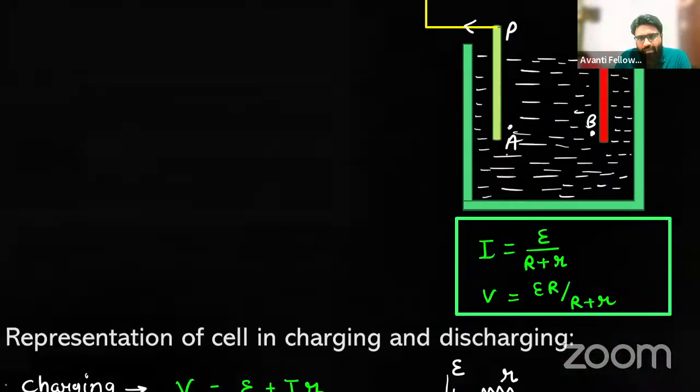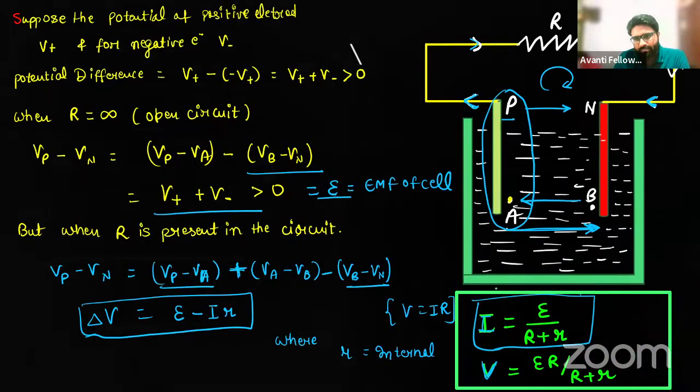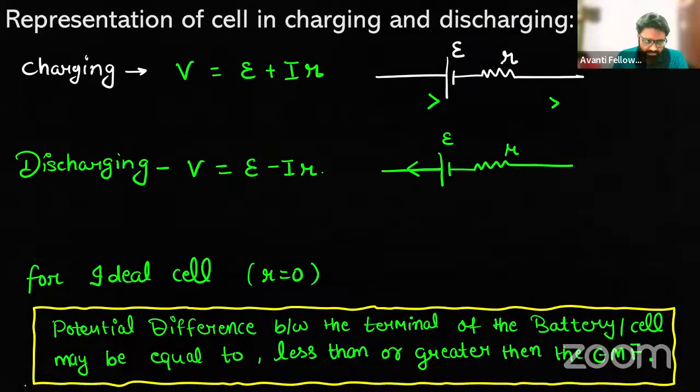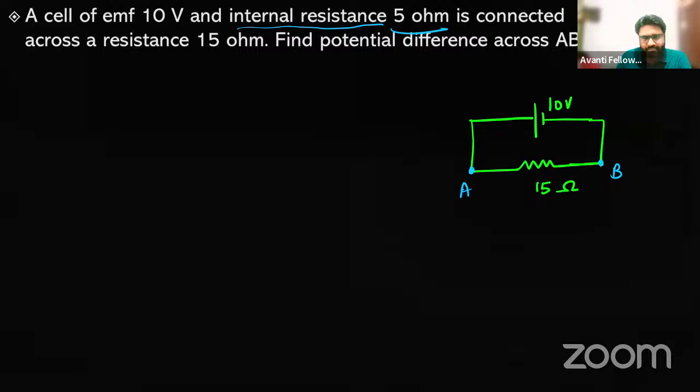मैंने आपको अभी एक फॉर्मूला बताया था। I is equal to epsilon upon R plus r, and V is equal to epsilon R upon R plus r. Epsilon is the EMF of battery. देखो वो आया कैसे होगा।